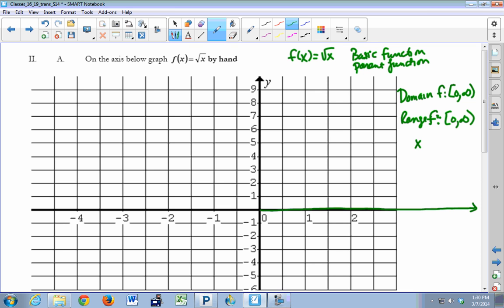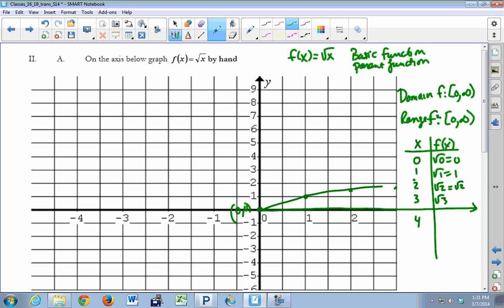So now, as I would do with any function I'm not familiar with, I might try some various numbers and put them into my function. The square root of 0 is 0, and I would plot that, (0, 0). And then the square root of 1 is 1. The square root of 2 is the square root of 2, and the best thing I can do is represent it with a decimal approximation, like 1.4, maybe right there. The square root of 3 is about 1.7, and the square root of 4 is going to be out here at 2. So I'll draw my square root graph. Oops, missed it a little bit, like that.